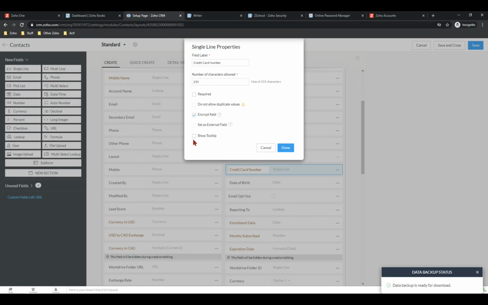So it gets harder to read this field programmatically. If Bob or I writes a program to take this number and send it to your QuickBooks, it may not read entirely because it's protected. So you can encrypt it. You can also, if I hit done,